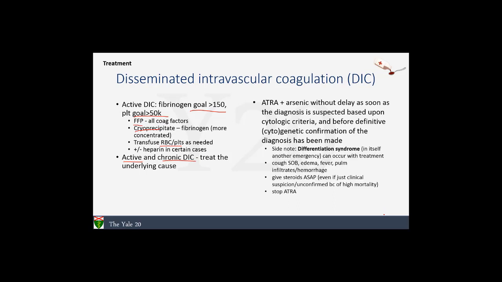So just of note, you can have another complication from treating your APL, which is differentiation syndrome. This can occur when you give the ATRA and arsenic because you're forcing maturation of the cells. These patients present with cough, shortness of breath, edema, fever, pulmonary infiltrates, and hemorrhage. And just as a side note, for these patients, you would want to give steroids, even if it's unconfirmed, just because of the high mortality rate. And then you would, of course, want to stop the ATRA. Like I said, APL bleeding is a medical emergency, and there is a high rate of early mortality at about